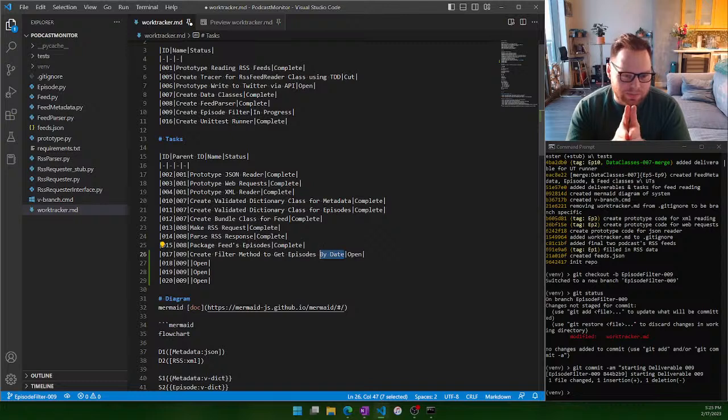And that's the most flexible. And we could then have a method that says, so we could say get episodes in date range. But I also then think it would be useful to have a standard range, right? Like anything from now